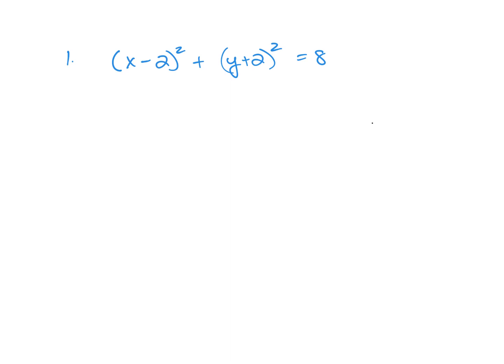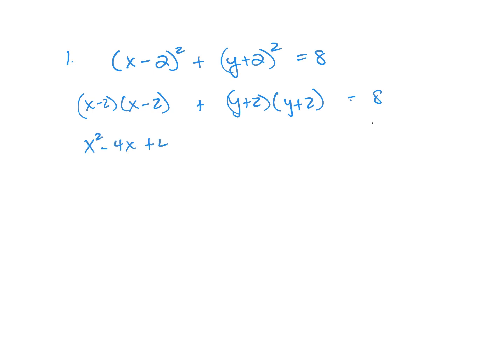First thing I'm going to do is get rid of the squares. So when you have (x − 2)², it's (x − 2) times (x − 2), and (y + 2) times (y + 2) equals 8. And when you FOIL that, you get x² − 4x + 4 + y² + 4y + 4